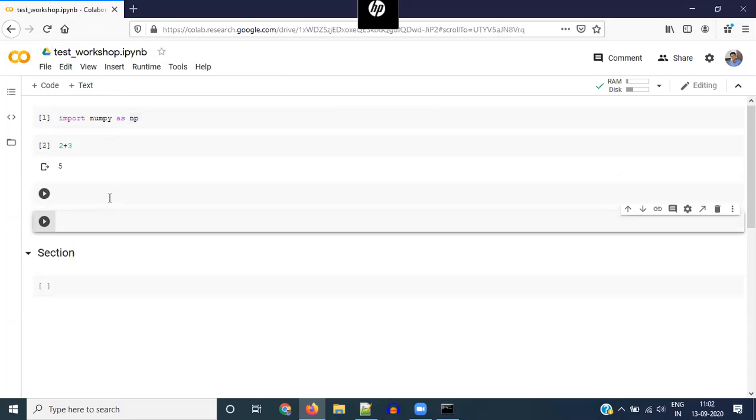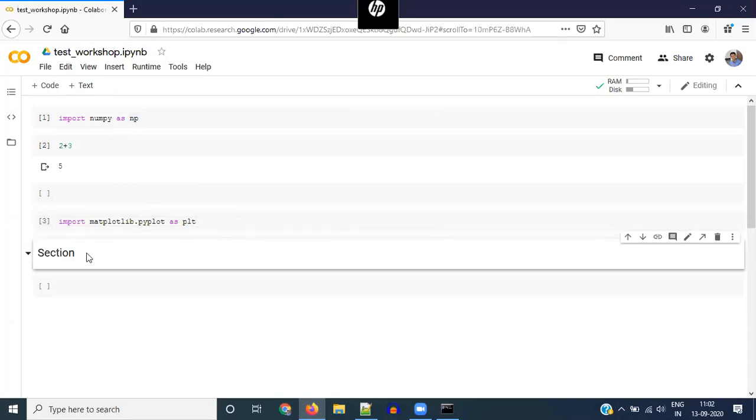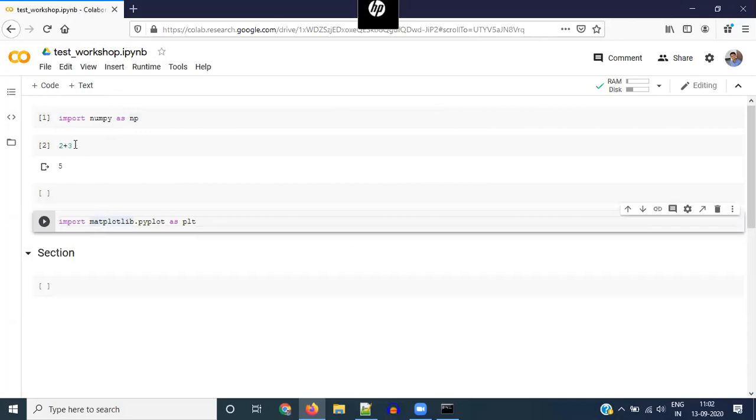Okay, what else? Yeah, so most other things like Matplotlib are also already present. You can even see it gives some help. Yeah, so that's about it.